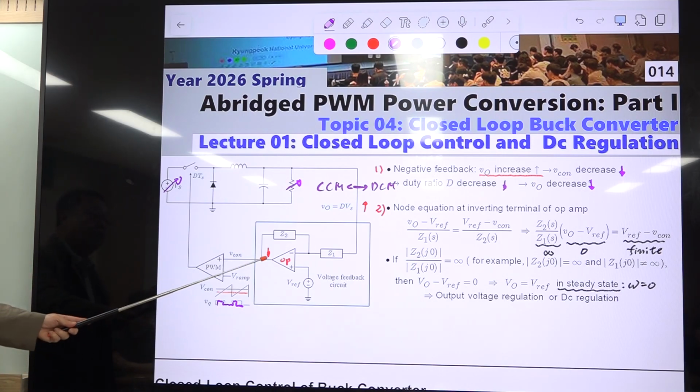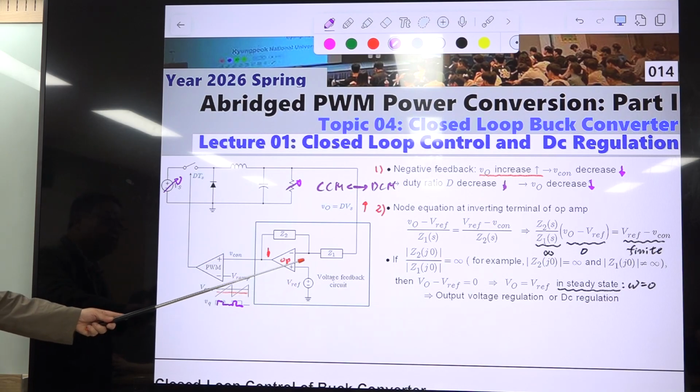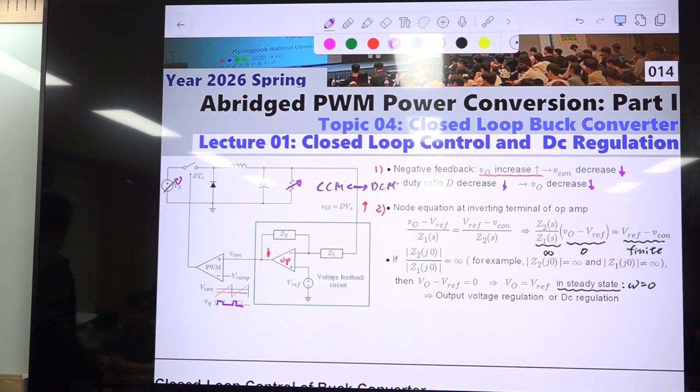Then this is an ideal OPAMP, okay? That means this voltage is the same as this one. We'll go to the basics of this ideal OPAMP. So this voltage is V. Suppose this is X. Then Vx is V reference. This is called virtual short, all right? And for an ideal OPAMP, this current I is 0. Then that means the incoming current to this X node should be the same as the outgoing current from this X node.